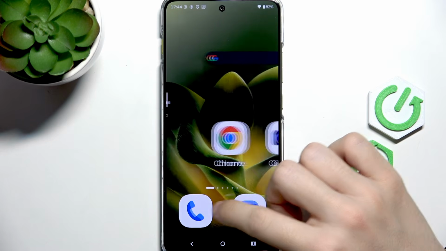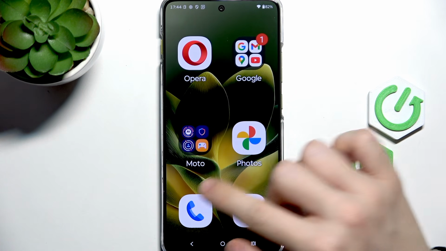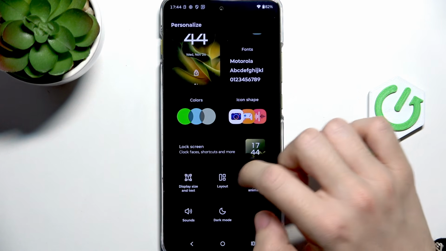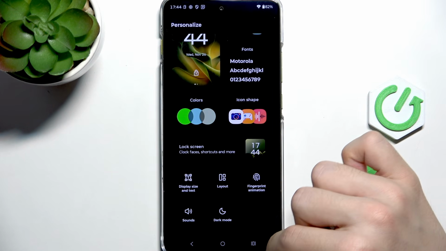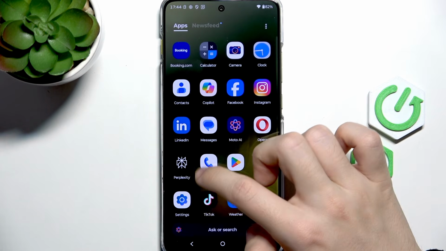And now you can see there's only 6 apps at most on the screen, including the bottom bar. And for some people, that will be pretty useful to make the phone simpler and make it easier to find things. Now I'll revert to the default settings, which is 4x6,